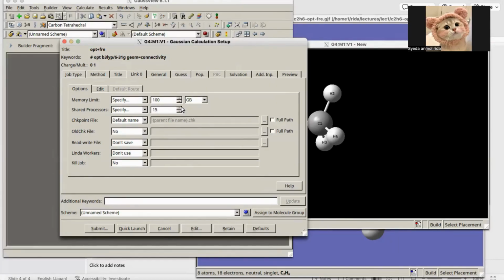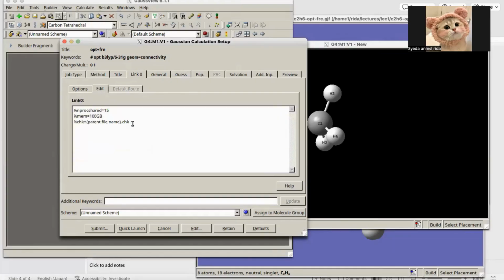If you are using a cluster or your Mac or laptop, you should choose according to your system. And here you can specify the number of CPUs you want to choose. Let's suppose for now I want to finish the calculation fast, so I will choose